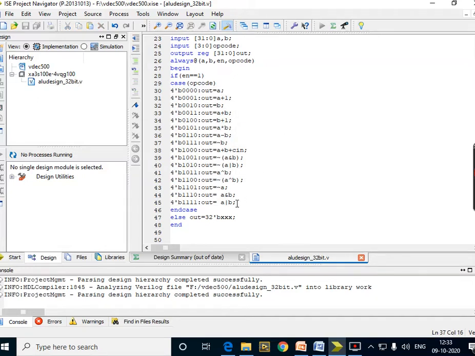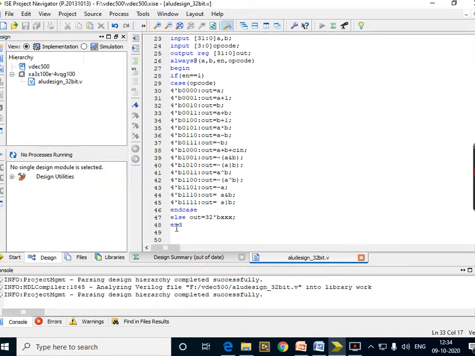So suppose you want to have some more operations on ALU, you can add the number of cases by increasing the size of opcode. But the overall function is of 32 bits. Whatever cases are declared, they all work on 32-bit data, and also output will be of 32-bit size, right? So once all these cases are completed, then I go for end case statement, which will close all these cases. Okay. Next, suppose if enable was 0, then else case gets executed. If enable is 1, it won't execute the else case. Okay, it directly goes to end statement. The next line is end statement, so the program gets terminated.